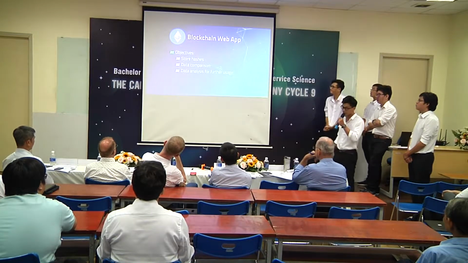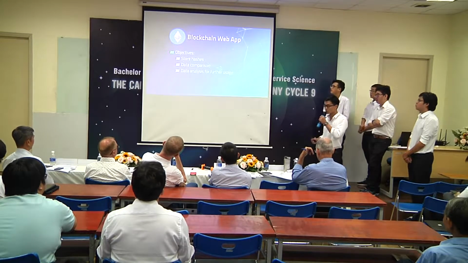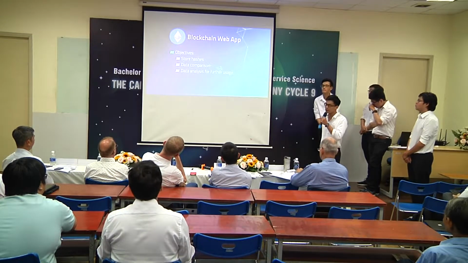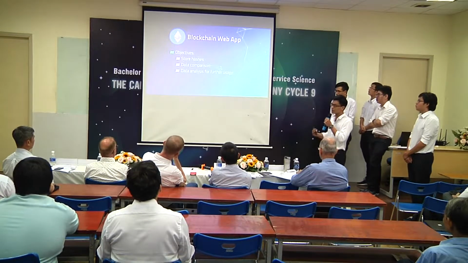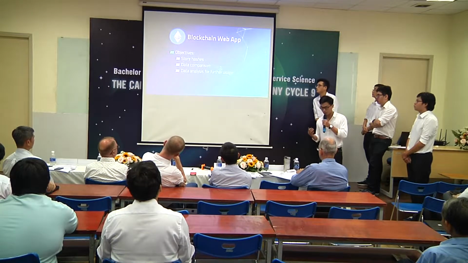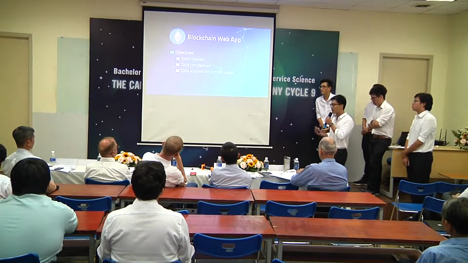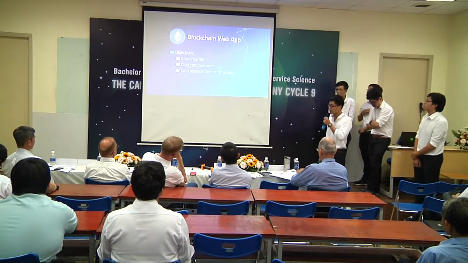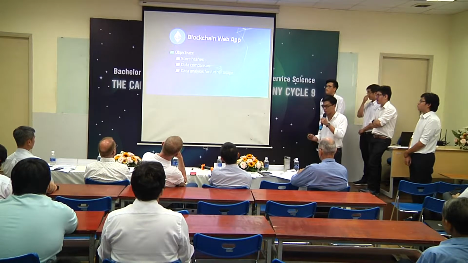The objective of using blockchain for this project is to store the hashes of those records stored in the rating application database. Then we can compare the hash stored on the blockchain with the hash of the record stored in the rating application database, so we can know whether the data has been changed or not. Furthermore, we can analyze the data for further usage.